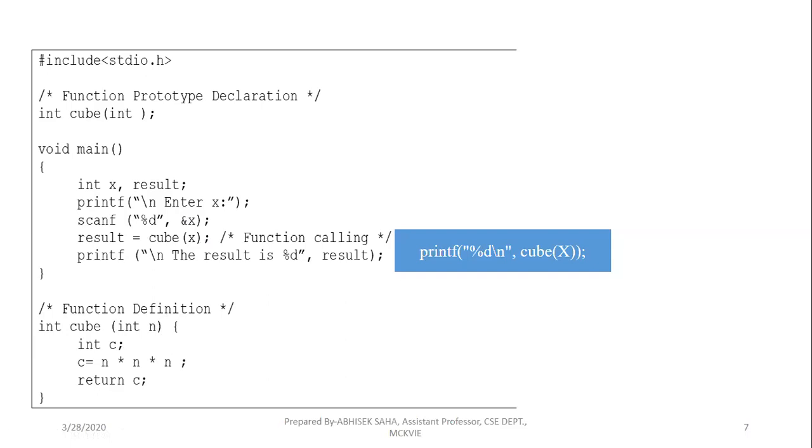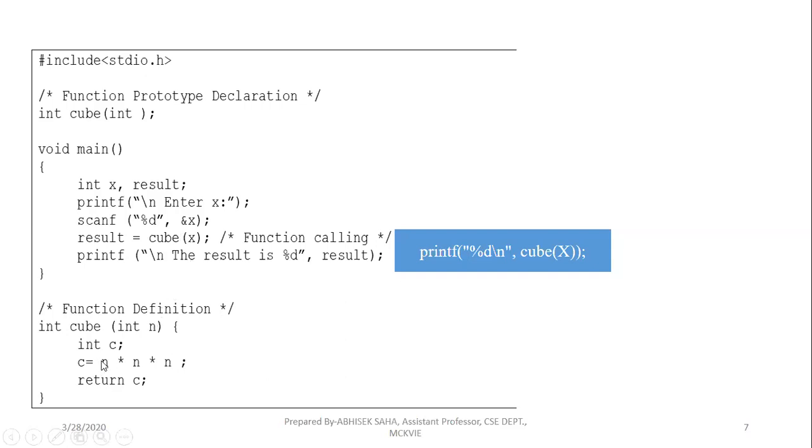And previously I already mentioned the variable n, which is written as a parameter of the cube function, is local to the function cube. That means this n variable can only be identified by the function cube. This n variable is not known to the function main. Similarly, for the main function, I have declared a variable int x, which is local to function main. x is completely unknown to the function cube. That's why when you are calling the function cube, the value of x is just copied to the value of n,